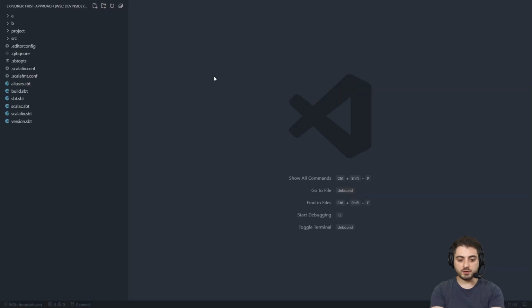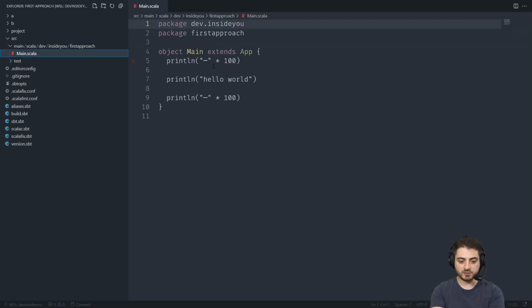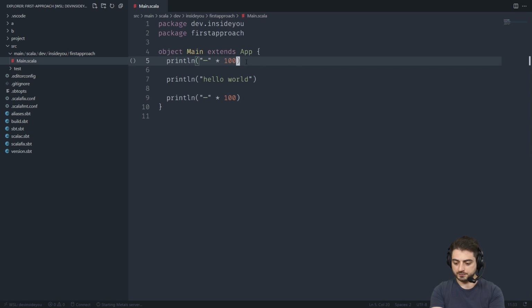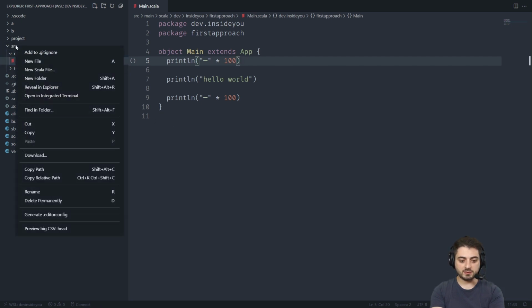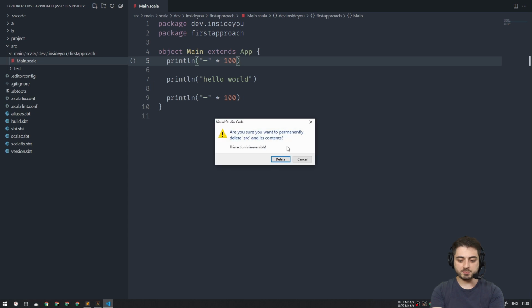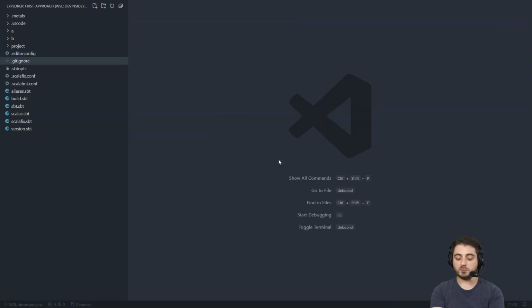So now if we look into VS Code, we have pretty much an SBT build in here. And usually SBT should wake up at this point. Maybe I should open something over here. Maybe if it doesn't wake up, then it's another VS Code issue. Yeah, there we go. Okay, but we don't need to import it, not now. In fact, we're not going to need the entire source directory, right? Because this project is going to serve only one purpose. It's simply going to aggregate all the other projects.